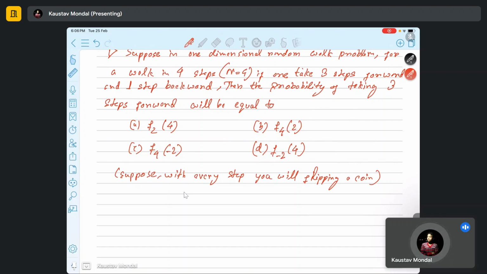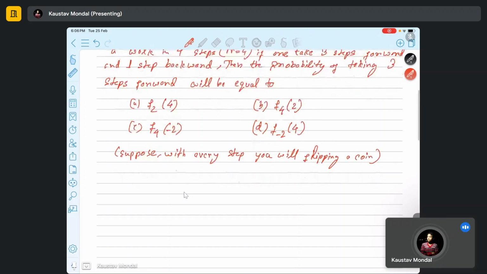So this basically means that the probability of moving either in the left side, forward side or backward side will be equal, and that will be equal to half. That is equal to the probability of getting head or tail when you flip a coin. Okay, so